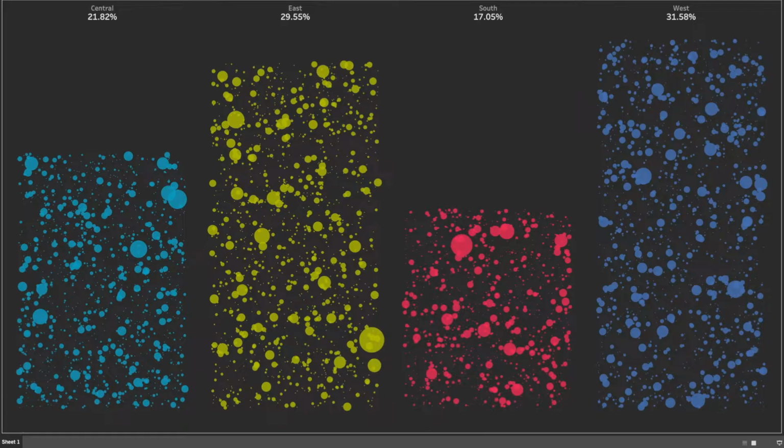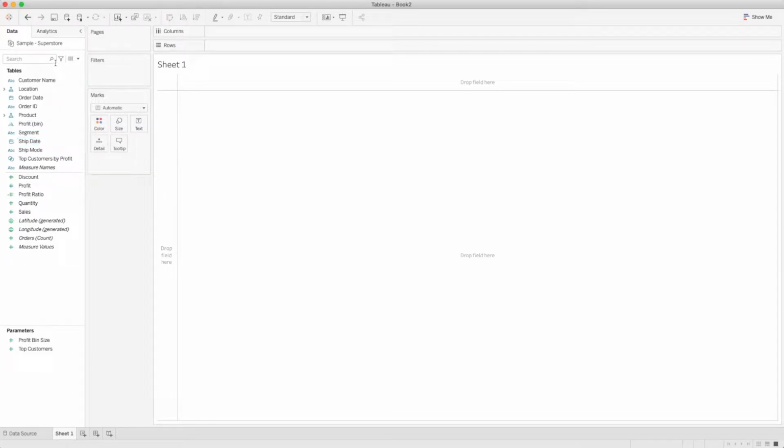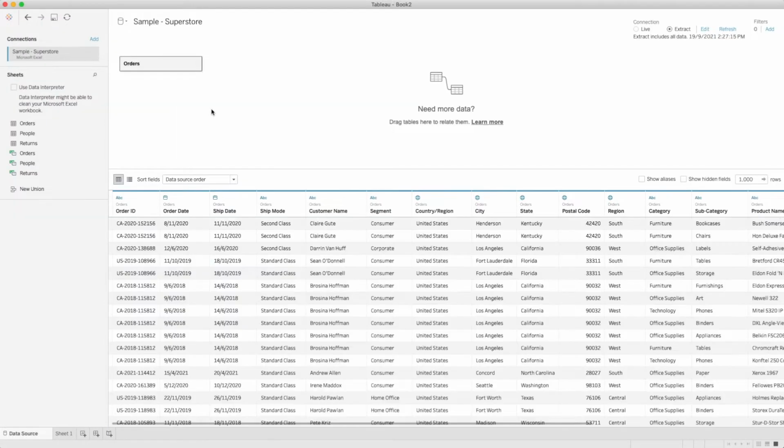So as you can see on the screen, we are showing the jitter bar chart where we are showing all the different dots or marks representing each product in the form of a bar chart. And here you can see each bar is representing the sales percentage by region. So for this, we'll be using the sample superstore dataset. So let's open a brand new worksheet. And as you can see here, I'm already connected to the sample superstore dataset, and I am using just the orders